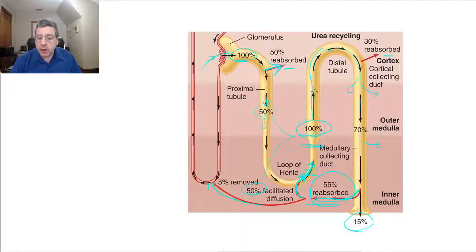The thick segment of your ascending limb and the distal convoluted tubule are impermeable to water, so urea stays within this area. It enters into the collecting duct, and the collecting duct is where urea is then reabsorbed via uniporters. 55% is reabsorbed. Of that 55%, 50% goes back into the tubular fluid, 5% goes into your bloodstream, and